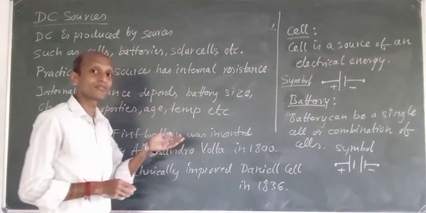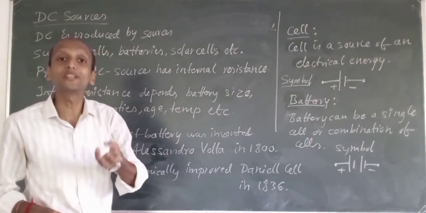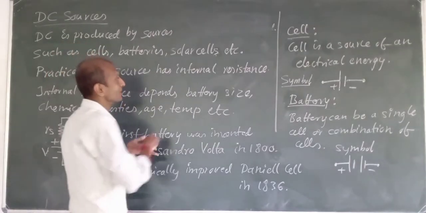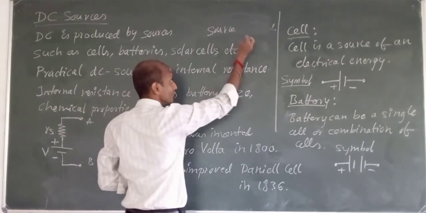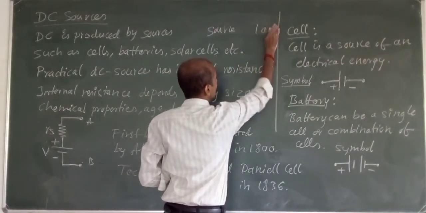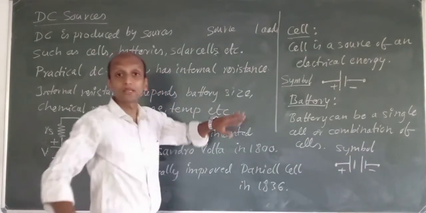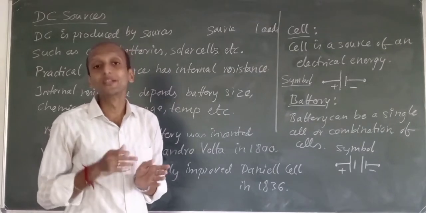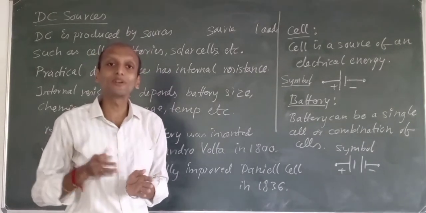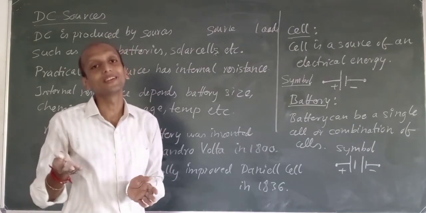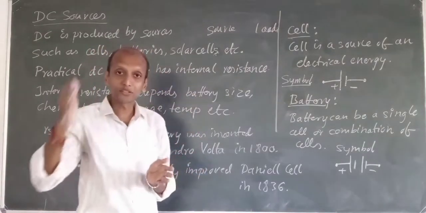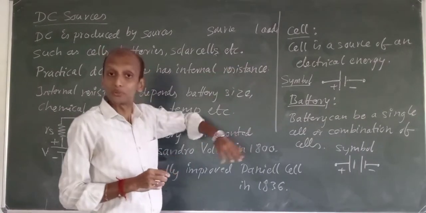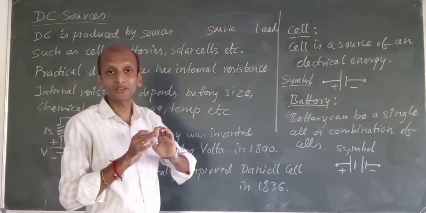Source is from where we are getting that voltage or current, and load is something which utilizes that voltage or current. So we have source and load. These are the two major parts in your electronic or electrical circuit. An electronic circuit is a path for flow of electric current, or the interconnection of all the required things for a circuit.